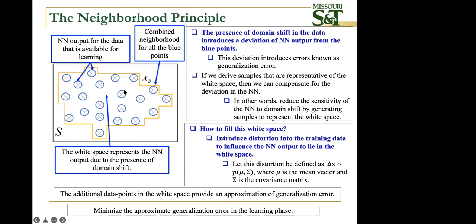And so how do we fill this white space? What we do is we perturb this, we call it a distortion in the training data, and that's going to generate some noise and it's going to generate some data around this blue circle. And from there, we can use that data to train the network. That additional data would help represent the actual big data space much better. And it's also used to minimize the generalization error.